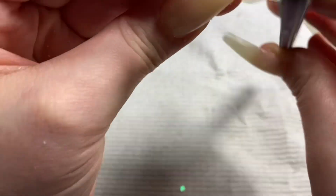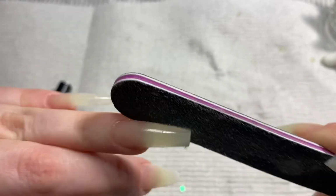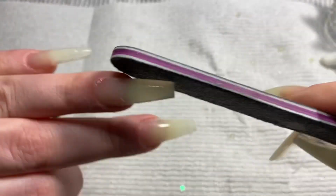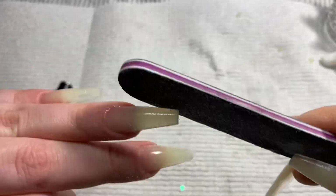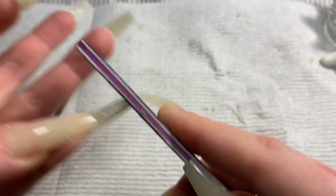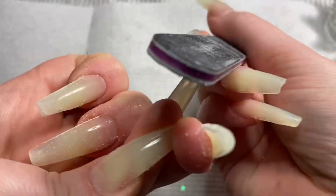And then I'll buff it. Just because, especially if you're a beginner, you could probably accidentally cure polygel on top of it. I've done it before. I didn't do it in this video, but it's easy to do. So if you get polygel cured onto your full cover tip and you want to get it off, I say just, honestly,